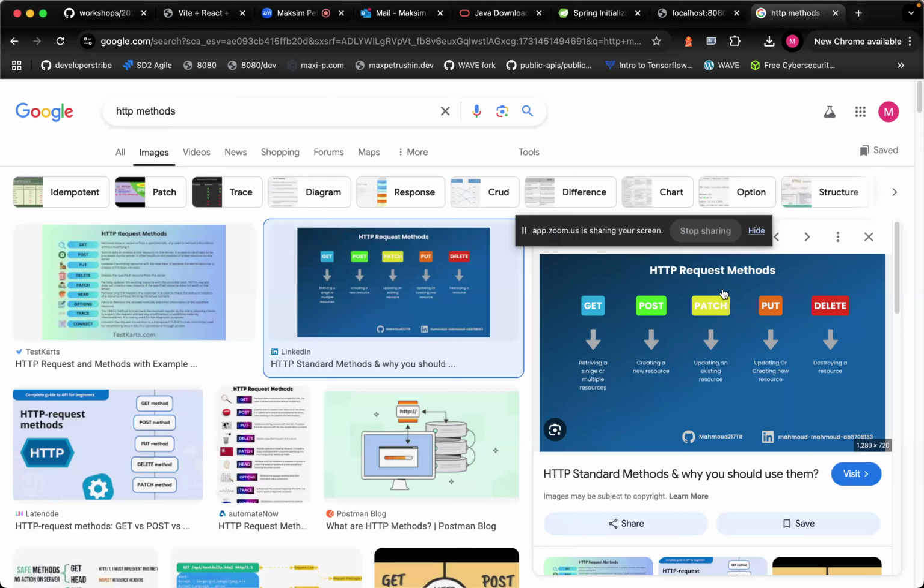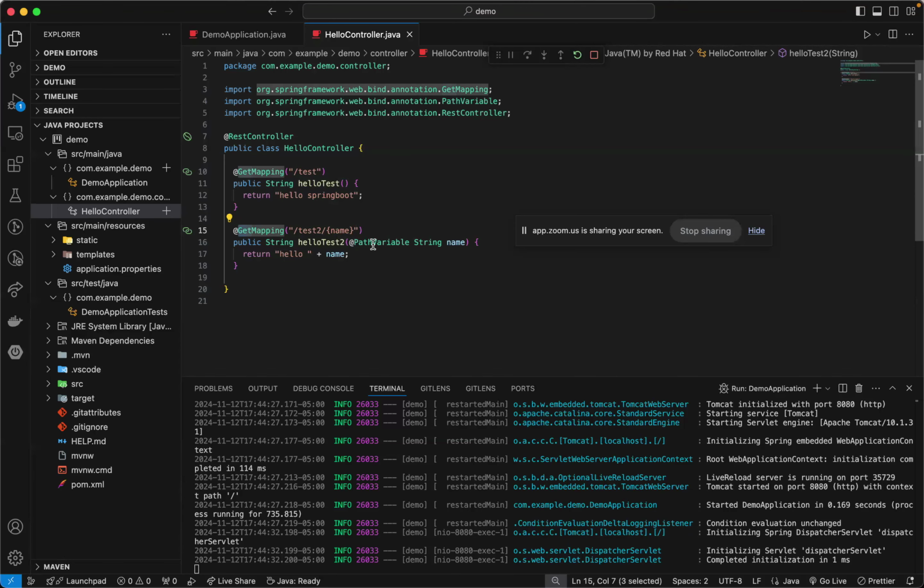Patch kind of deletes the previous one and then overrides it with a new one, or vice versa. Put does that, and then patch really just edits the already existing resource, and then DELETE, obviously, requests to delete some data from the server. Okay, so we're going to see how some of these work, and for the purposes of our application here, by the way,